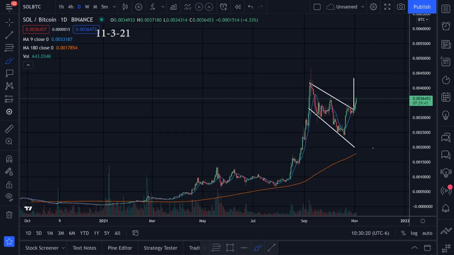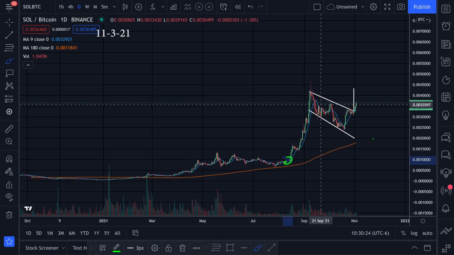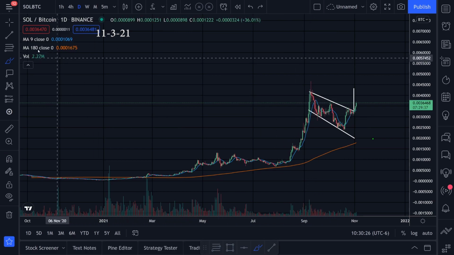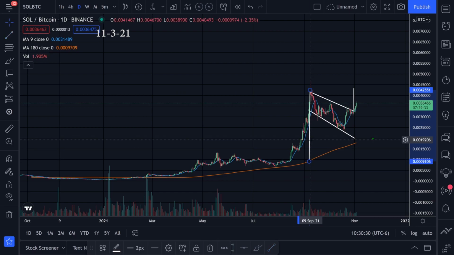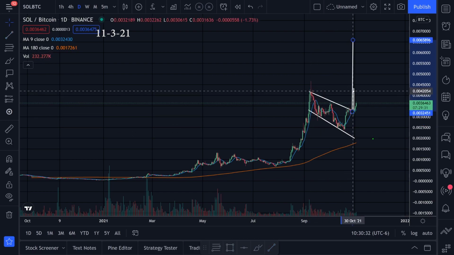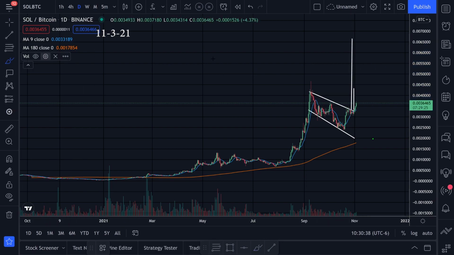So you could also argue that this might be a flag pattern, and we could also target from the top to the bottom of that flagpole right there. Let's try that out for size. Something like this. And if we drag that to the breakout, maybe even we're looking at something even crazier. So like I said, if we can hit this target up here, that's going to be crazy good for Solana